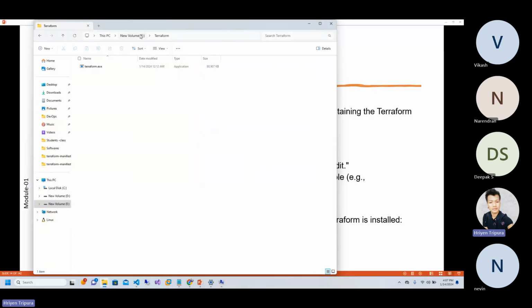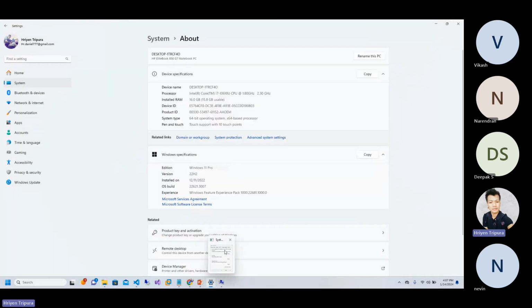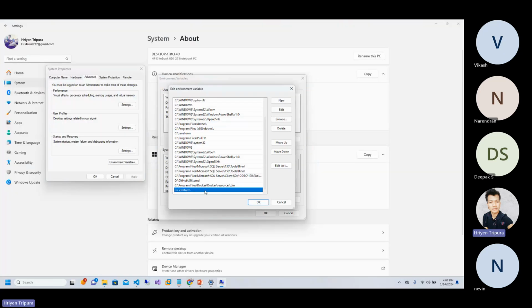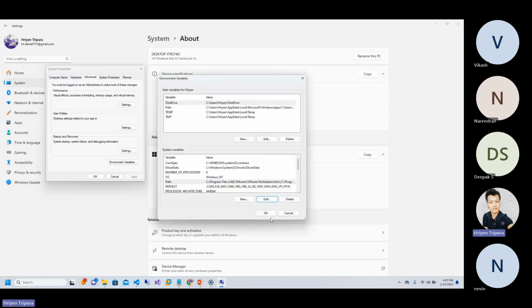This folder can be located anywhere. You can keep it in C drive or D drive or E drive, it depends on your choice. Once I copy and paste this same path, I have pasted it here already. So I don't have to do that again. Once I completed this one,